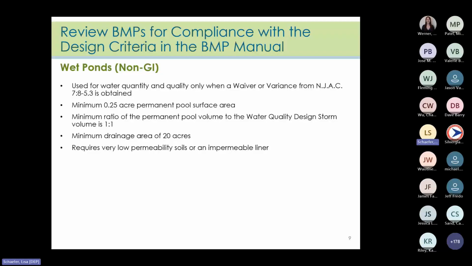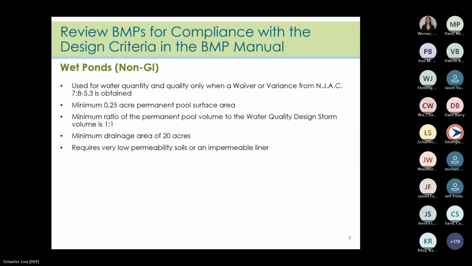They have a minimum 0.25 acre permanent pool surface, and the minimum ratio of the permanent pool volume to the water quality design storm volume is 1:1. They also have a minimum drainage area of 20 acres, and they require very low permeability soils or an impermeable